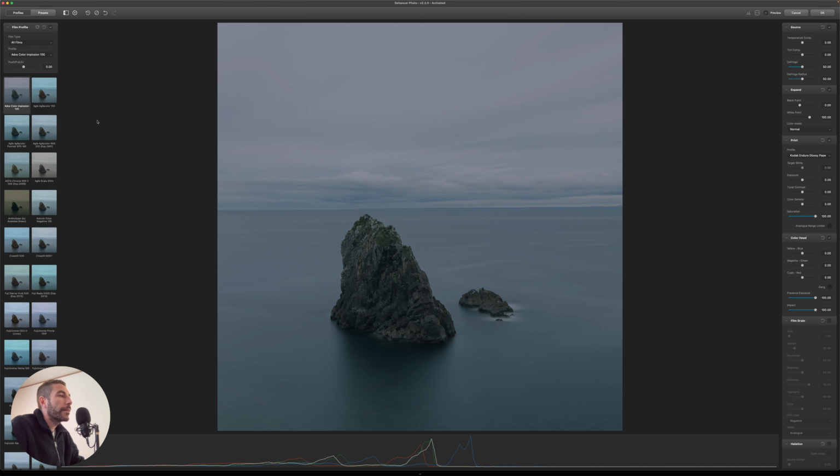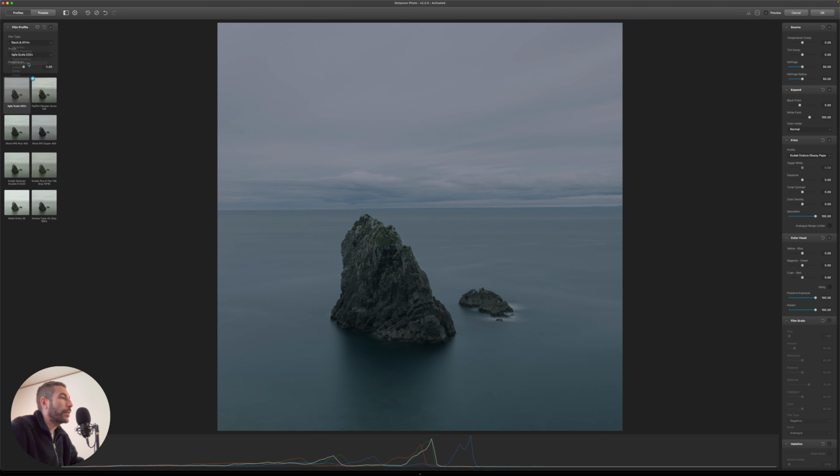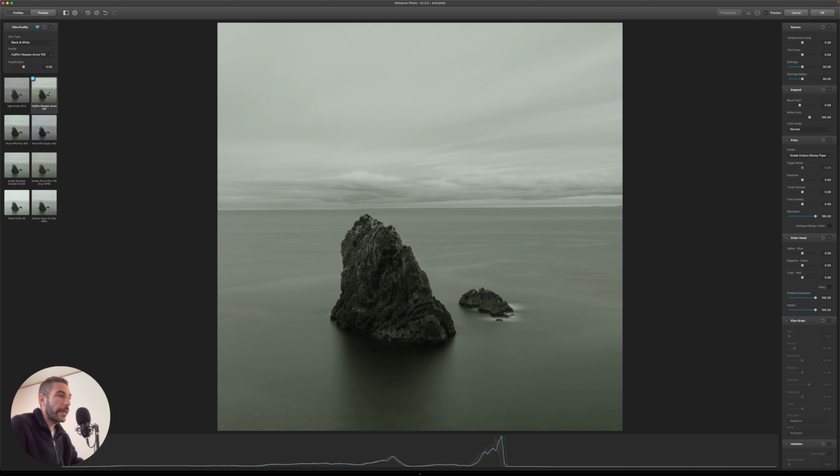All right, let's start editing an image. As I said, I always work in black and white, so I'm going to choose black and white in here, and you can see all the different types of black and white emulations that you can do inside the Enhancer photo. So my absolute favorite film in the world is Fujifilm Acros. I use it all the time, even when I shoot film. So I'm going to select that. As you can see, it's one of my favorites. So I'm going to click on that.